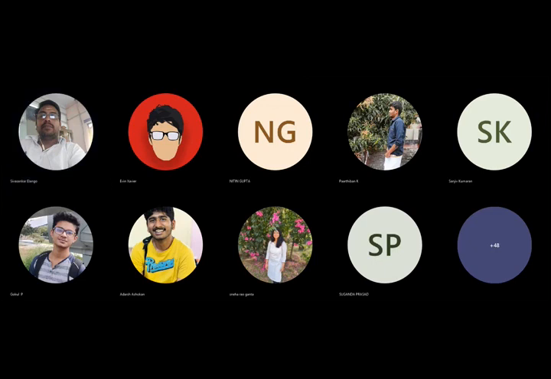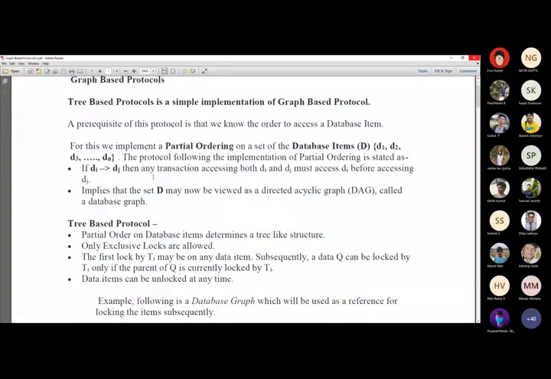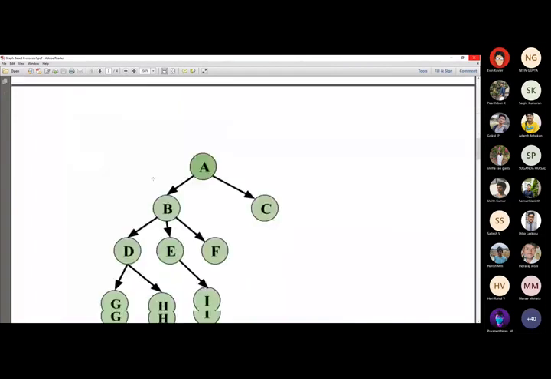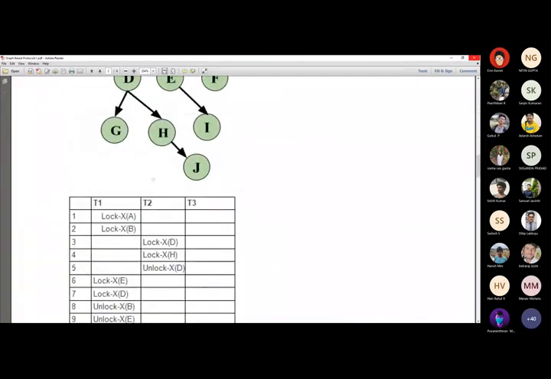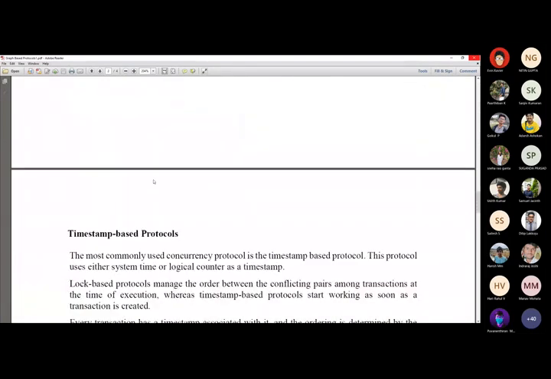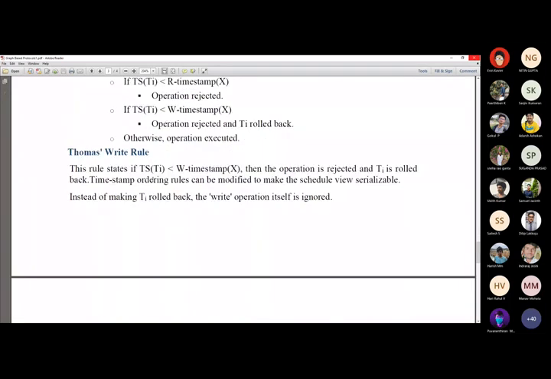So let me share it. I have some document for this same thing, graph based protocol. Whatever I have discussed, it's in a document representation also, right? So that you can refer to it. So the last thing is validation